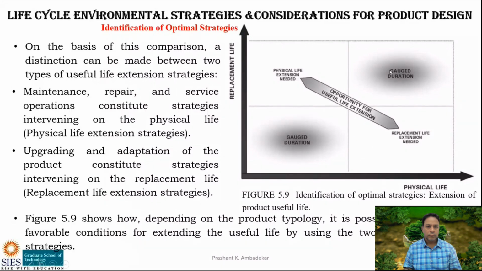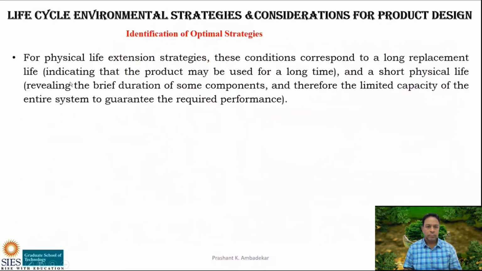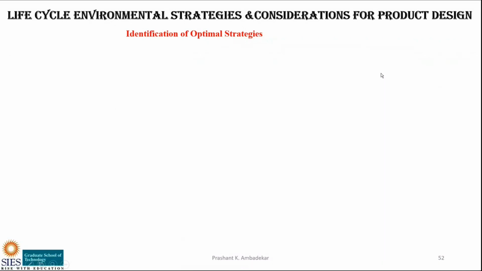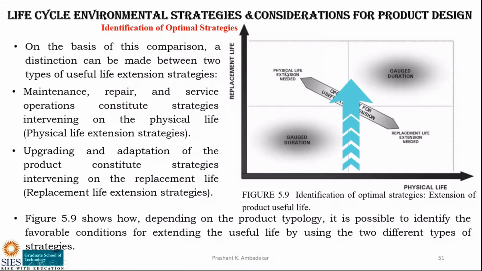देखो, रिप्लेसमेंट लाइफ बहुत बड़ा है, यहाँ से 0 से स्टार्ट करेंगे तो रिप्लेसमेंट लाइफ 10, 15, 20, 25, 50, 60 ईयर्स, बट उसका फिजिकल लाइफ ही कम है, तो फिजिकल लाइफ हैज टू बी एक्सटेंडेड. For physical life extension strategies, this condition corresponds to the long replacement life. Long replacement life मतलब indicating that the product may be used for a long time, and a short physical life. So a product which has long replacement life and short physical life, it needs some